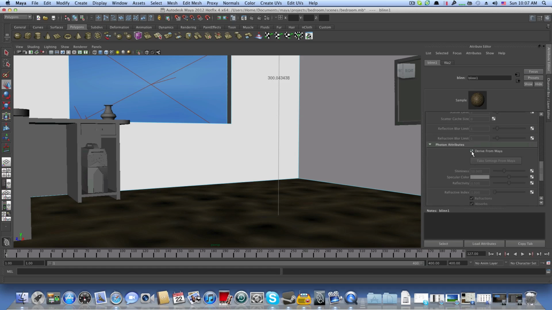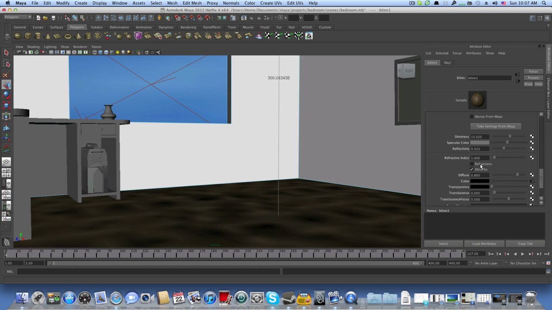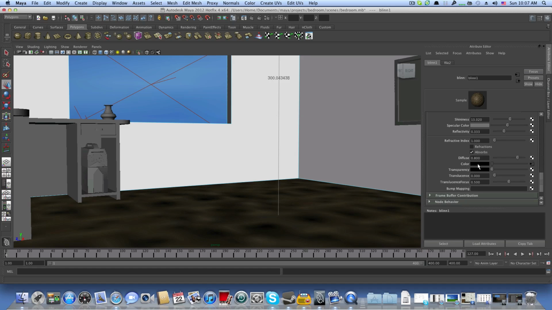So we need to uncheck the divide from Maya and click on the take setting from Maya again, and we will drop down the shininess to about 30, and we can leave the reflectivity as it is, and maybe the color, which is derived from the color itself here. Let's right click on color and break the connection for it,